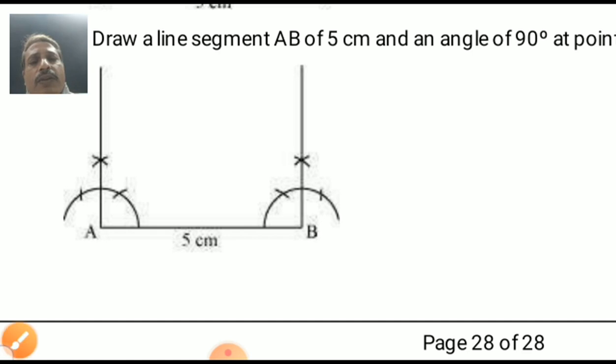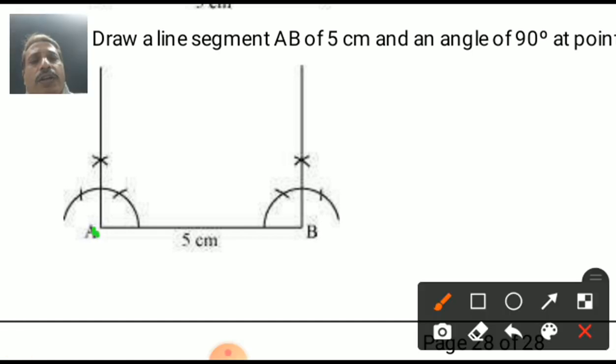Students, once again I remind you how to draw this one. From A point, you can draw an arc of any measure. With the cutting point on AB, draw an arc on the given arc. Again from this point, you can draw another arc. You have 2 points on the arc, 1 point here, 1 point here. Is it or not? From there, you can draw on the top side 2 arcs. Centers are different. Now you have 1 point here. That's the intersecting point of this one, and draw a line through A.